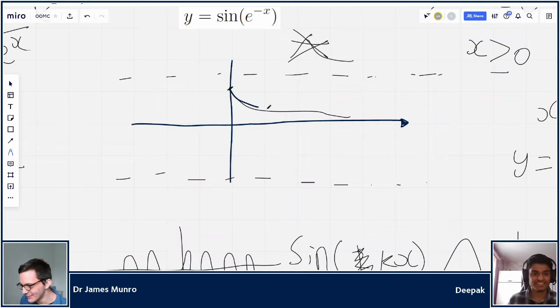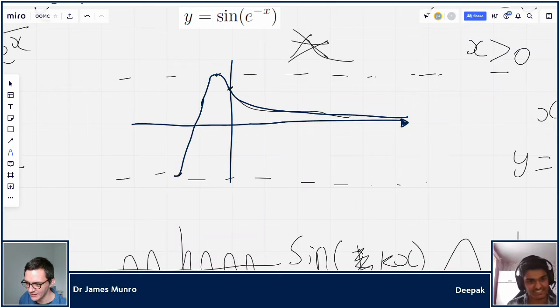Down to 0, right? But never touch a 0. All the turning points are over here. That's what you proved for the derivative. All the turning points are for negative x values. So there's one just over here, I think. And then I'll do the left bit. You've done the right bit. Go on. So then there's another turning point down here, and the turning points get closer and closer together